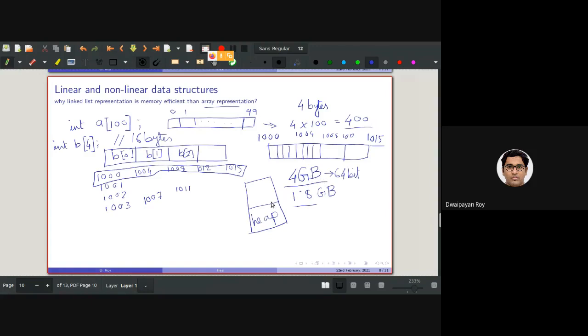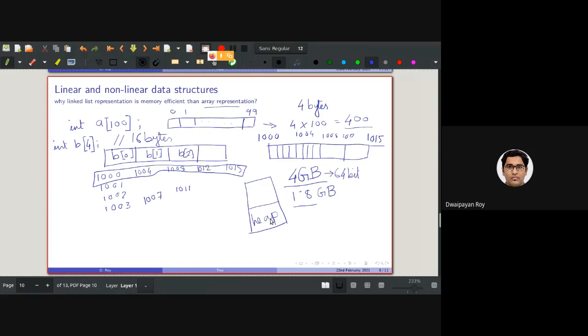So what if there is not much space? Let's consider your program is already taking up some memory, and it is not able to allocate 16 bytes or 400 bytes in the heap space. So what would happen?